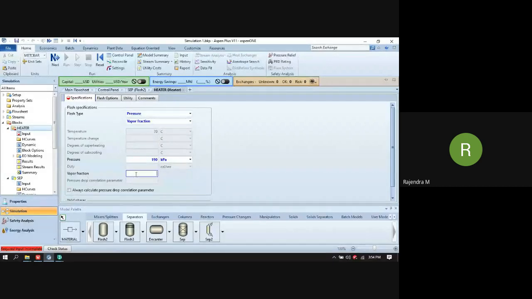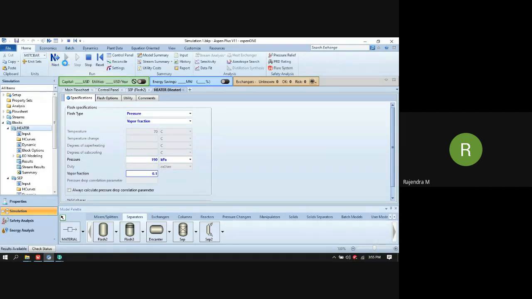Let us consider a 10% vapor fraction. The heater will create 10% vapor fraction in the outlet, and as per that, it will calculate how much energy is required and also the temperature, for 10% vapor and 90% liquid at saturated condition.